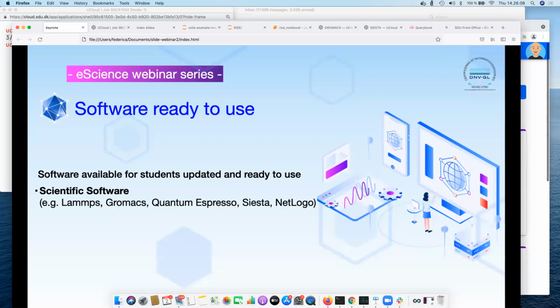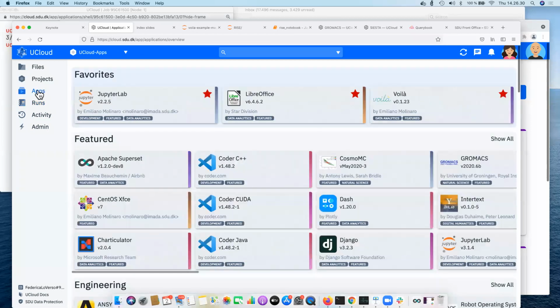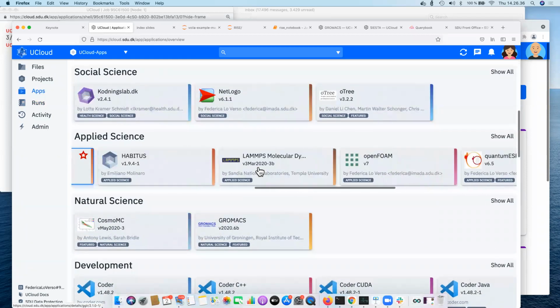There are different kinds of software on the cloud. I mentioned here some scientific software, like for example, LAMMPS. LAMMPS is a software for molecular dynamics simulation, and you can run it in batch mode. So essentially, you have a mask on your cloud. I can show you. It is in the applied science